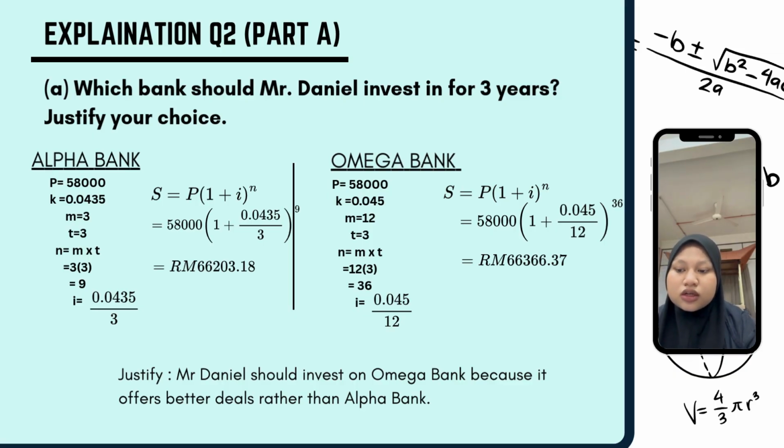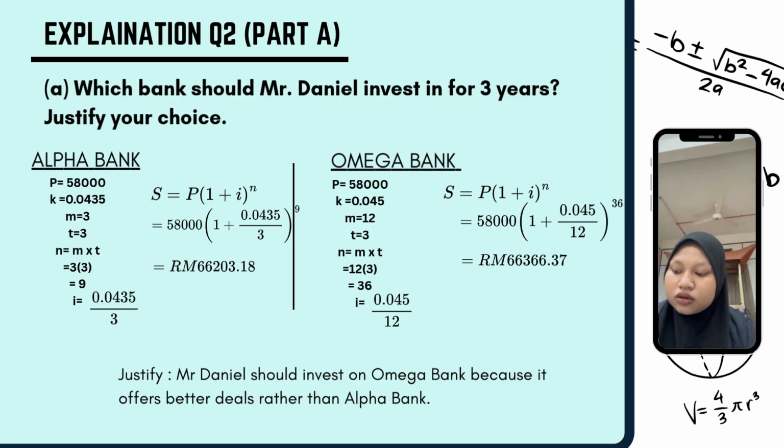So we need to use the same offered interest. So we need to input the principal, which is 58,000. The K is 4.5%, and the N is M multiplied by 4, which is 48. So we use the same formula. We input the amount 58,000 in bracket 1 plus 0.045 per 12 in bracket 48. So we get the answer